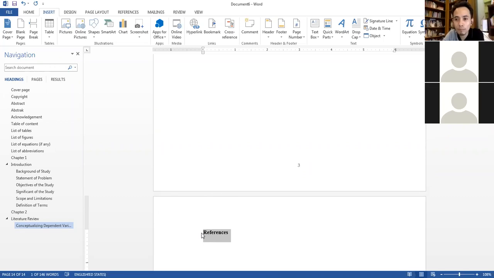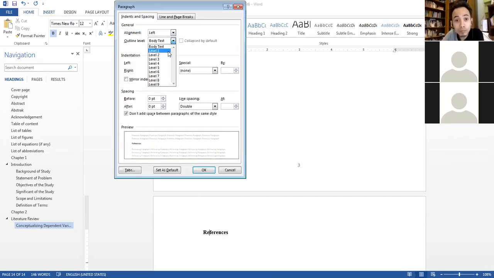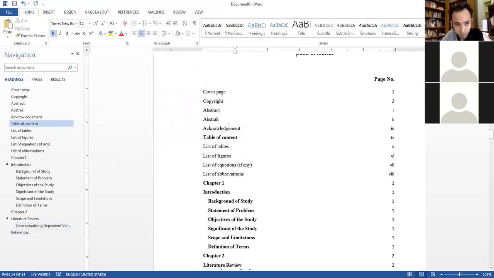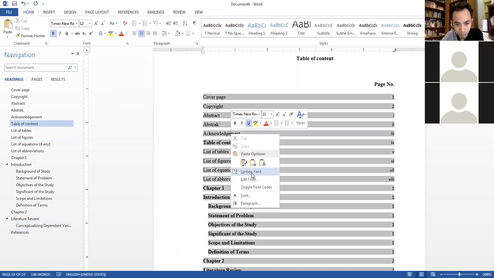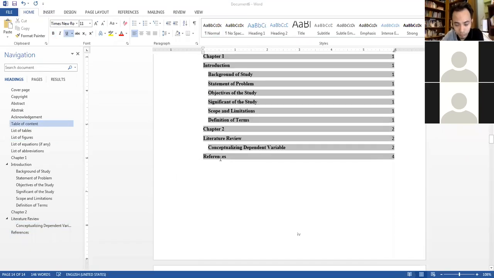What else is there for referencing? To me, I prefer to use the built-in system in Microsoft Word. Okay, it's much easier. So this one I set up as level 1. Go to table of content, this one I update. So I have my references here.